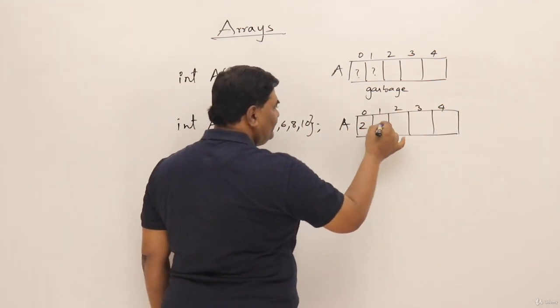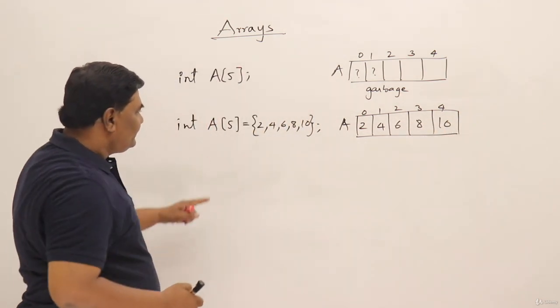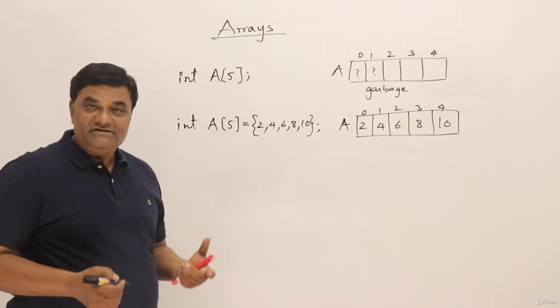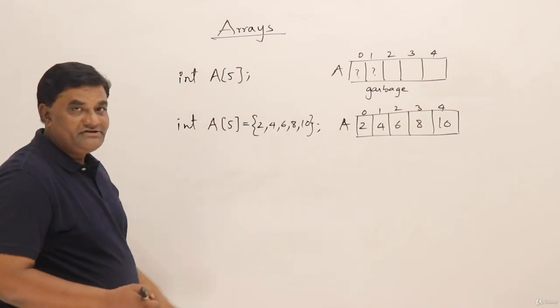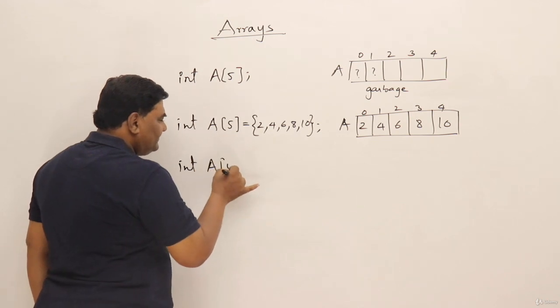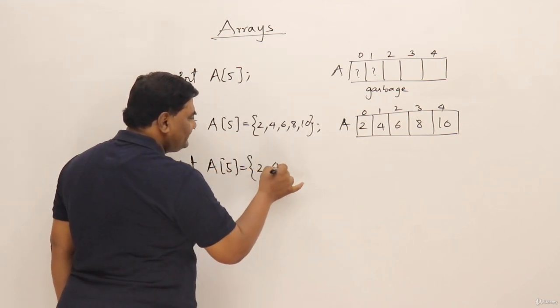So this looks like 2, 4, 6, 8 and 10. This is the second method. So this is the declaration plus initialization. So if you want to have some values initially in an array, then you can mention all the values. Now third method, you can mention the size, but if you don't want to initialize all the values, just a few